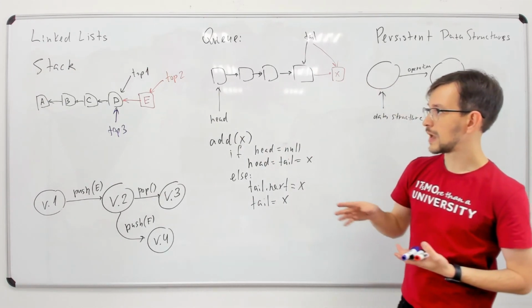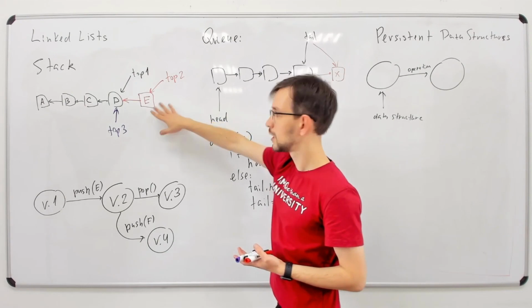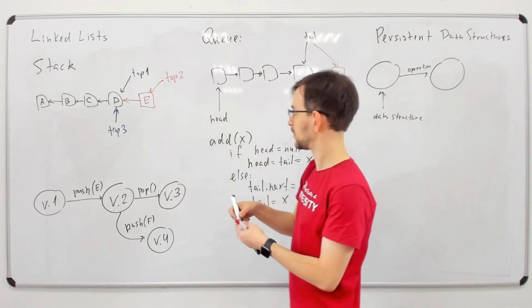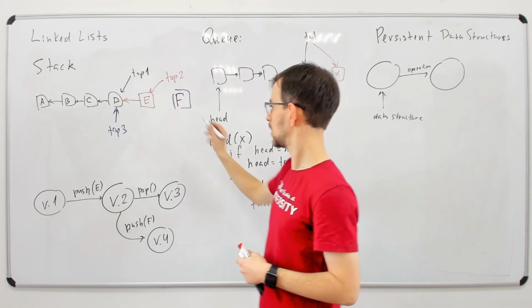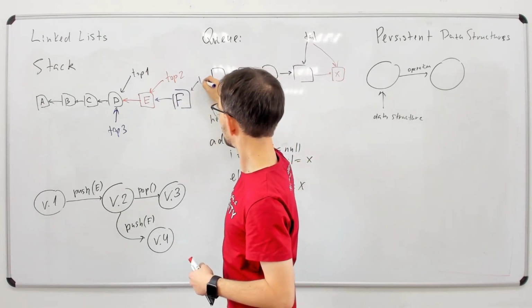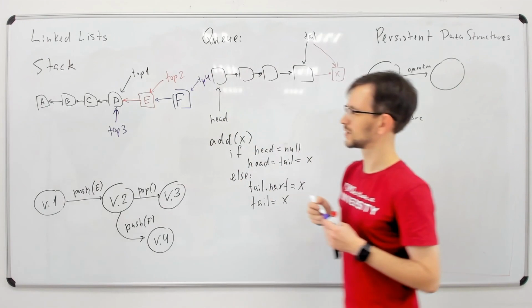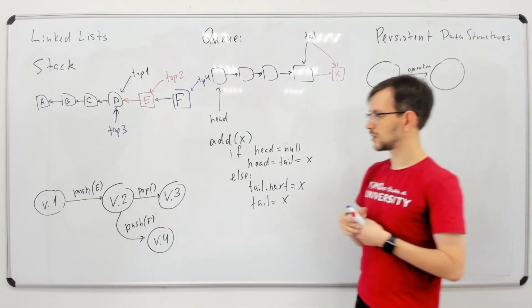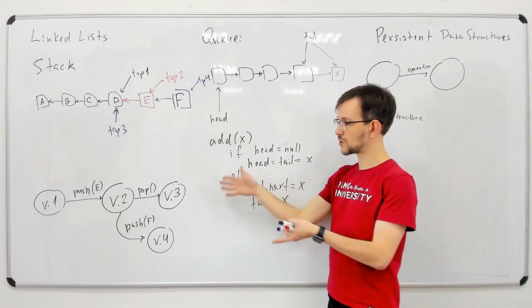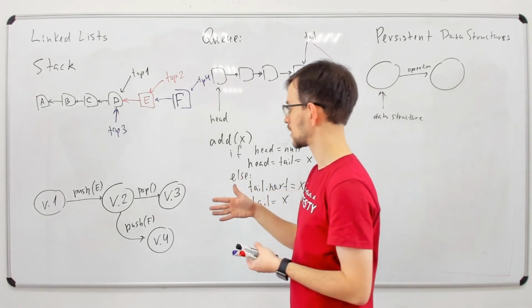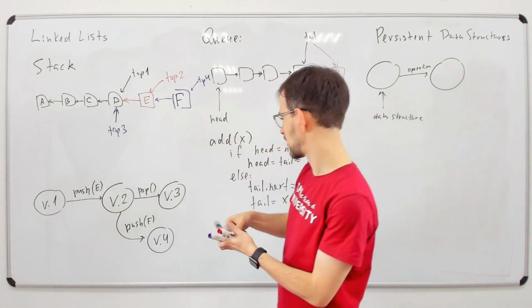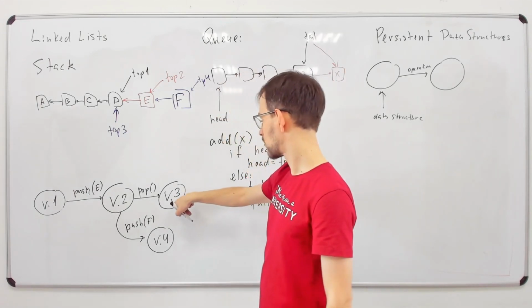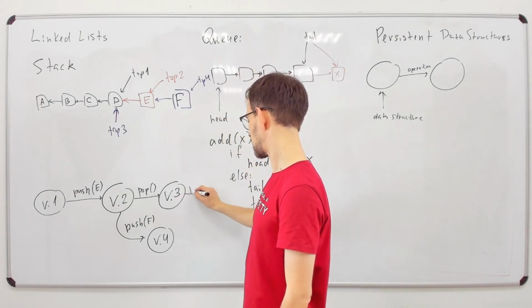Then what will happen? I have this element E. I add another element F here. Make a link here and make top 4 point to this element. Now I have 4 different versions of this stack. And let's make it interesting. Let's push some element here. So if I push from version 3 some element